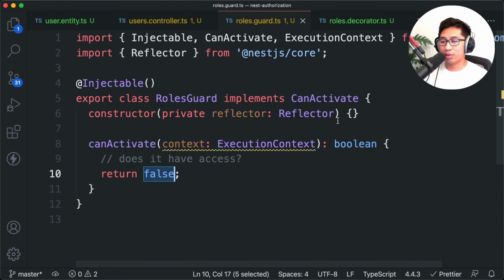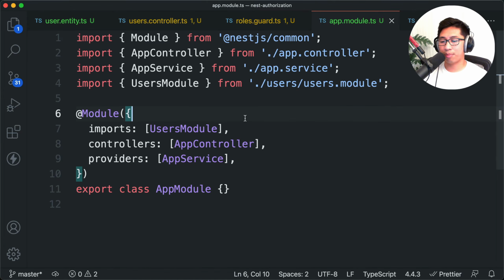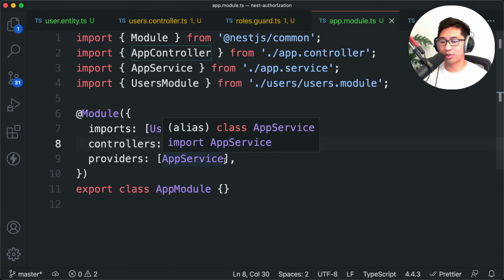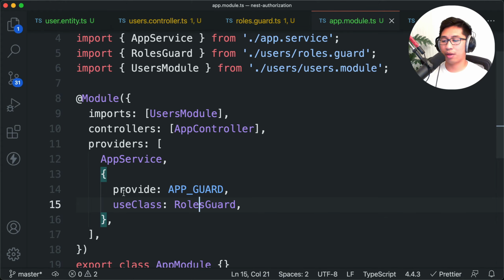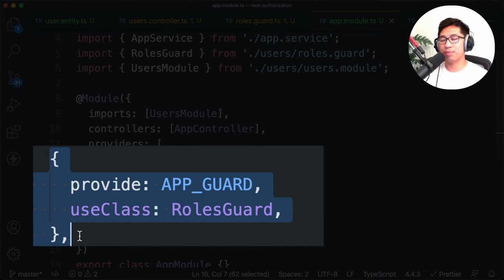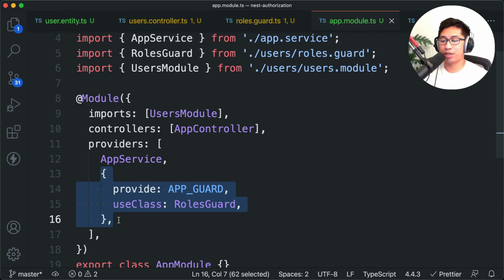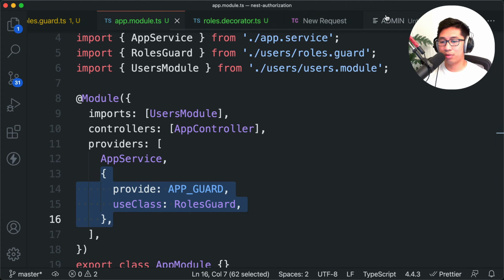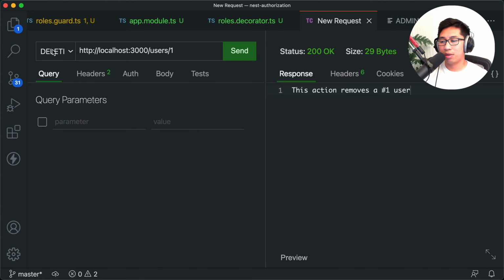Before we can do that, we need to actually register this guard in our module. So within the app module, the root app module, I'm actually just going to add it as a provider. And all this does is it says that I'm registering this roles guard globally across my entire application. And once you register it globally like this, it's now going to run on every single controller and method that we have. So if we go back to our Thunder Client request here,